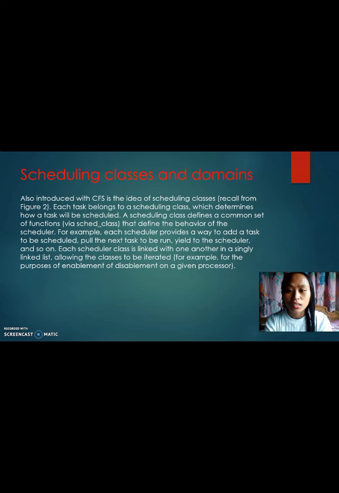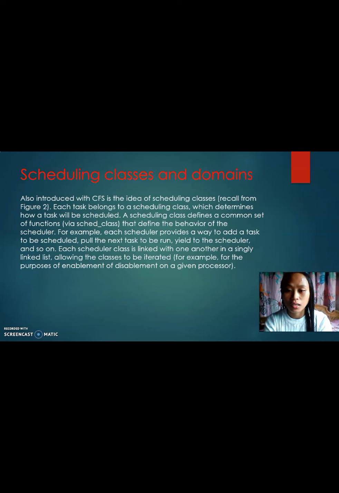For example, each scheduler provides a way to add a task to be scheduled, pull the next task to be run, yield to the scheduler, and so on. Each scheduler class is linked with one another in a singly linked list, allowing the classes to be iterated, for example, for the purposes of